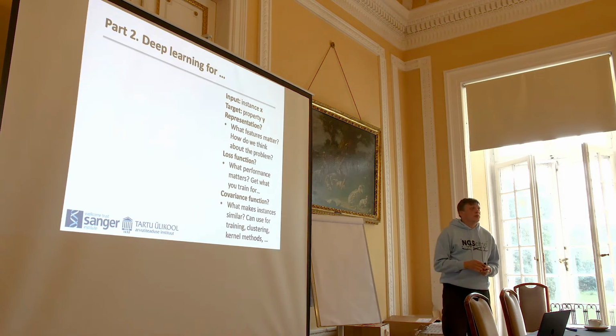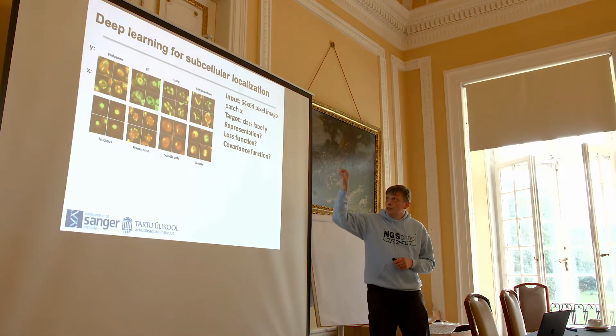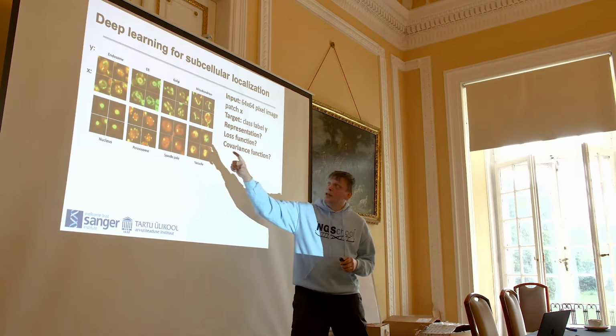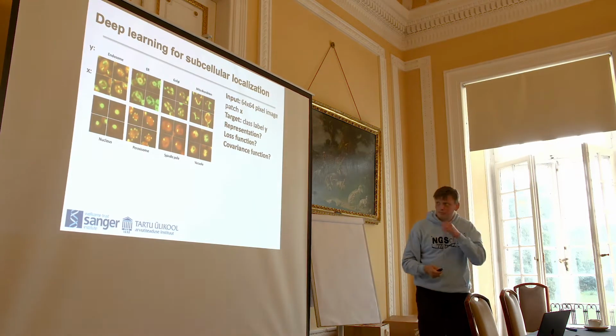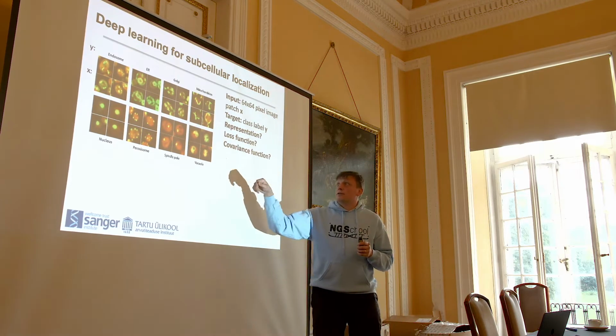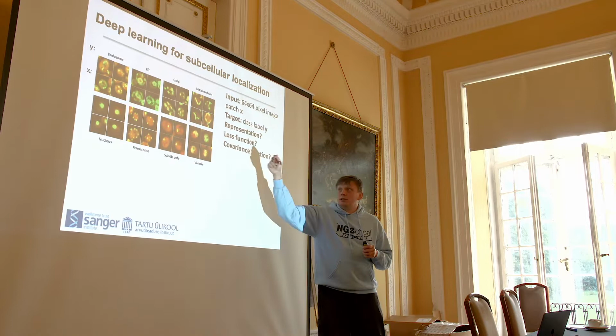Okay, so my first example is from something that we produce ourselves. I'm not going to let you choose, but you can think of deep learning for classifying protein subcellular localization. So here the inputs are the 64 by 64 pixel image patches that are centered on the yeast cell. They come in two channels, red and green. Red is background, green is fluorescent protein we care about. The target that I want to predict is the localization of that protein.